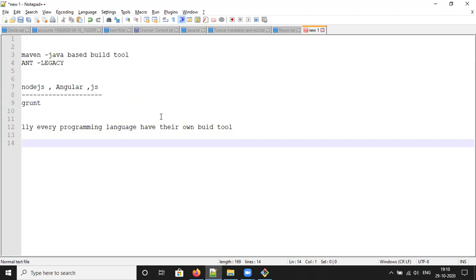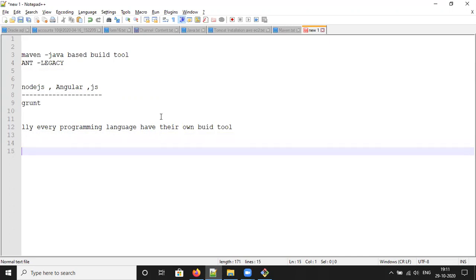Now we are going to discuss the packages. What is Maven? What will Maven do? Maven is going to create three types of packages.